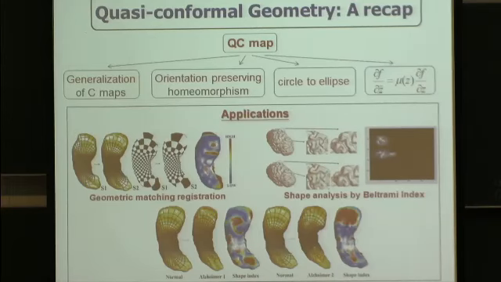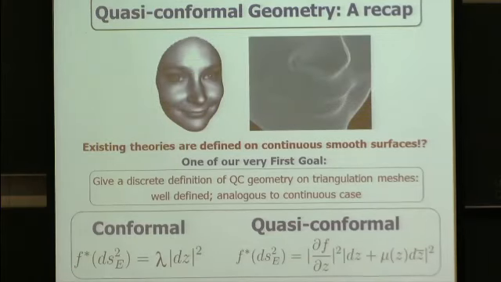Combining the Beltrami coefficient with the curvatures, we can also define a complete shape index which measures the detailed geometric difference between surfaces. So these are some of the applications that Tony has mentioned. But the question is, most of the existing theories that we have mentioned about quasi-conformal mapping are defined on continuous smooth surfaces. In practice, most of the surfaces that we are looking at are discrete triangulation meshes. So it is very important for us to have the definition of discrete quasi-conformal so that we can do some